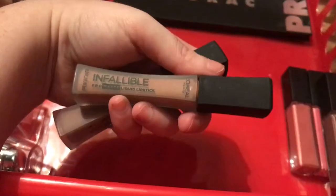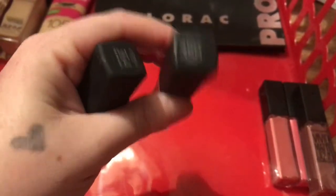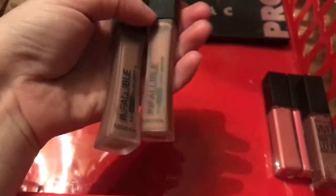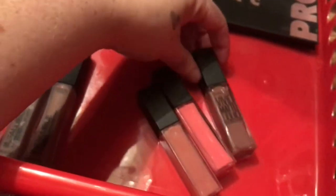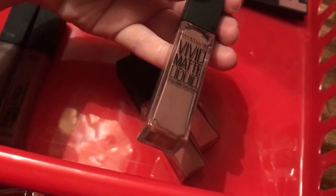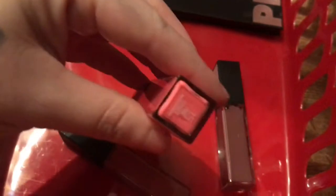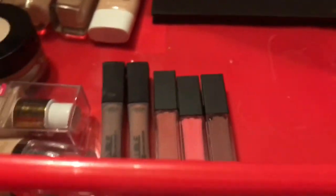These are both L'Oreal Infallible Pro Matte Liquid Lipsticks. One is in the shade Cowboy. This is the shade Cowboy. And this is the shade Milk and Cookies. One is a warm tone brown, one is a cool tone brown. And then I have 3 of the, what are these? Maybelline Vivid Matte Liquid Lipsticks. And this is in the shade Gray Envy. Then I have Pink Charge, and I believe this is Nude Pink. Nude Flush. But they're not